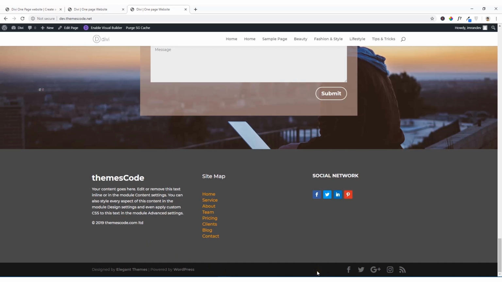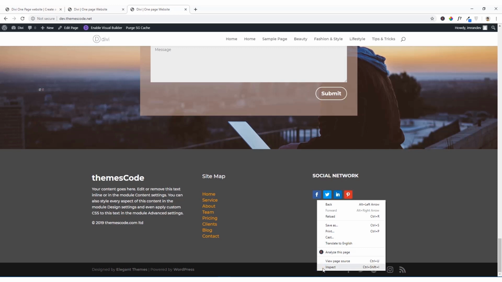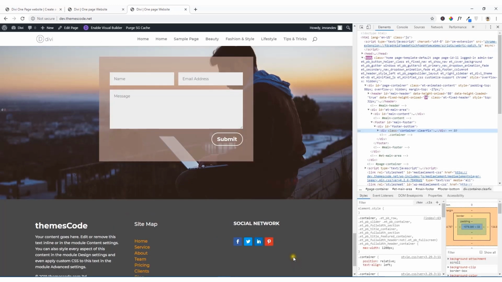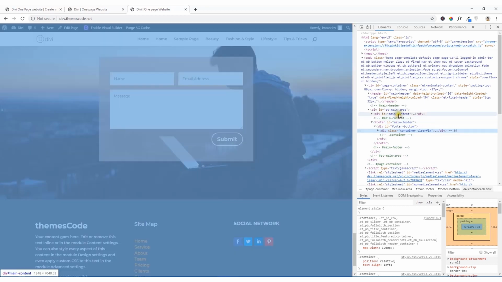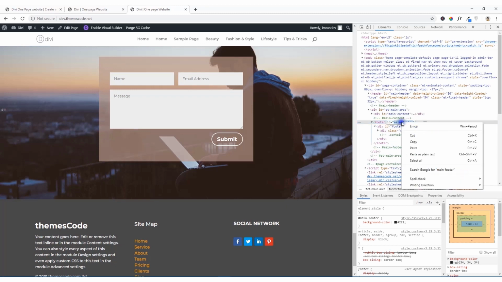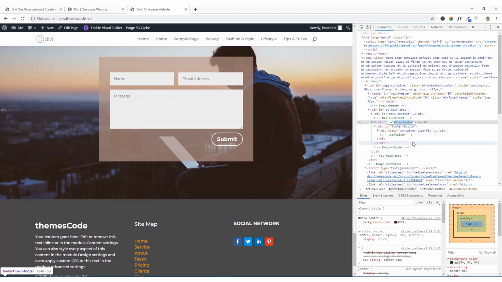So what I'm going to do, just right click over here, and you can see inspect. Inspect the element, and here you can see main footer. Just get the ID of main footer